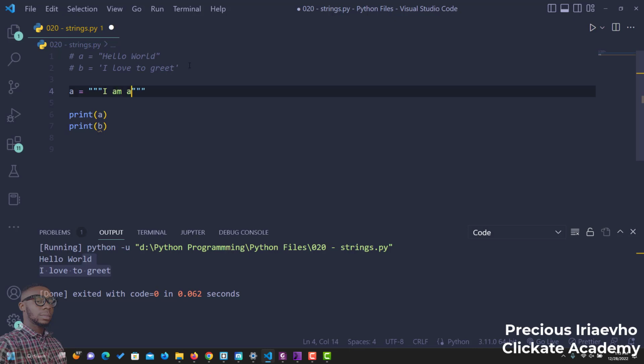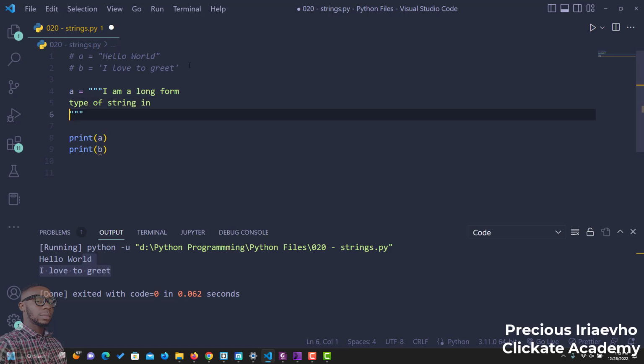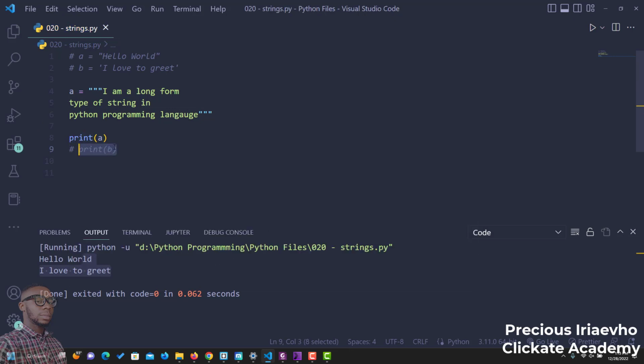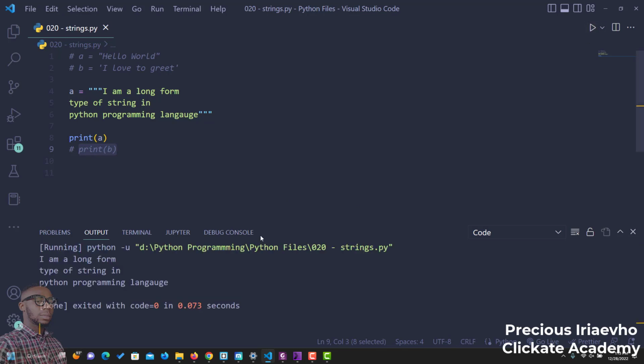I am a long form type of string in Python programming language. So let's print this out and see. And as you can see, I am a long form type of string in Python programming language has been printed